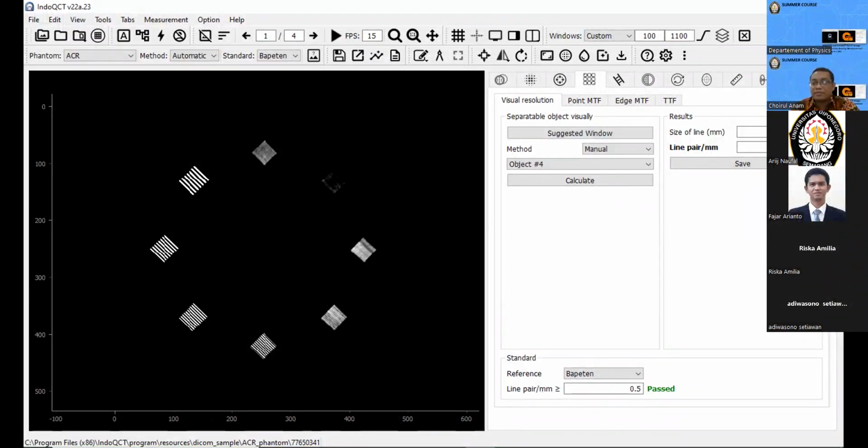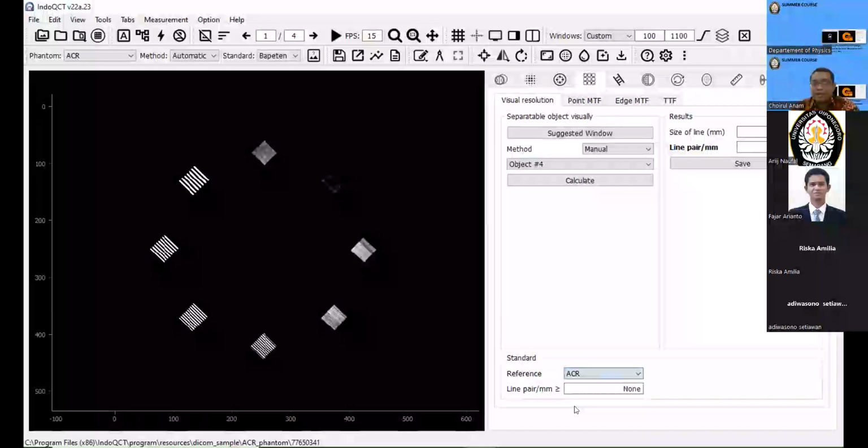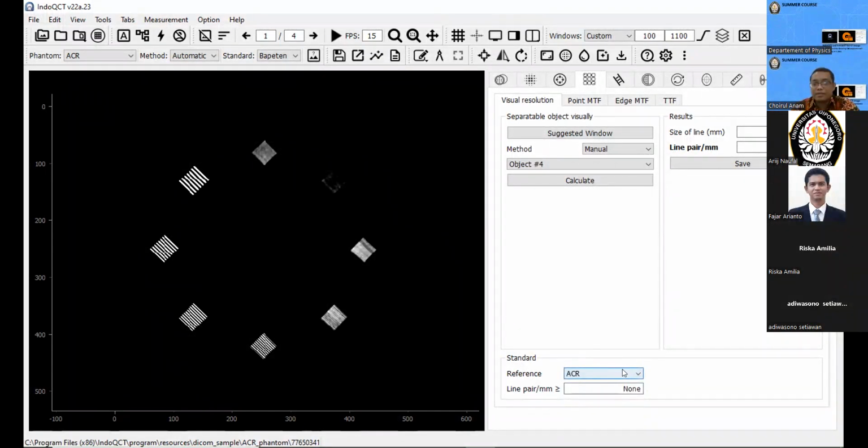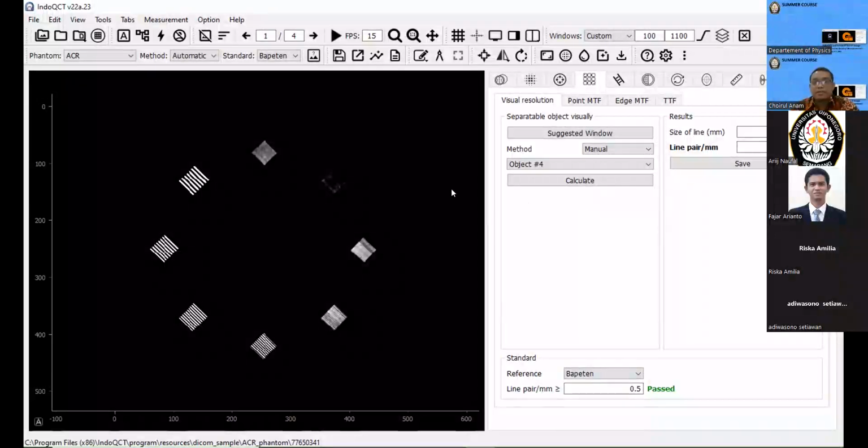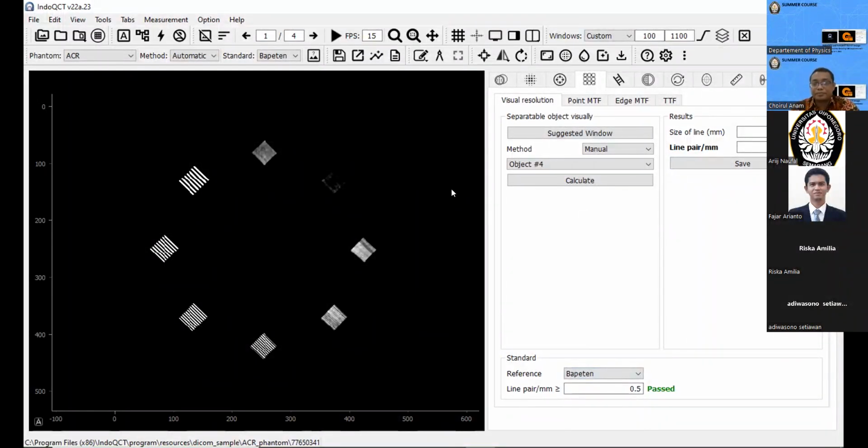As I already mentioned, based on, for example, the Catphan standard, or maybe the RCR standard, the standard will be 0.5 line pair per millimeter. So our result is pass. This is by using the visual observation.